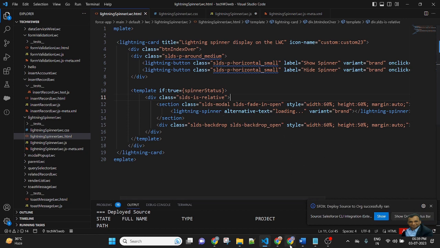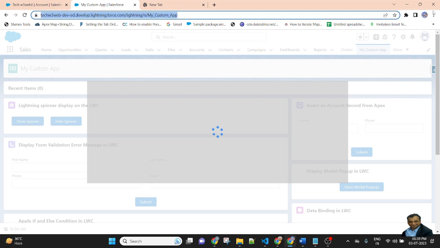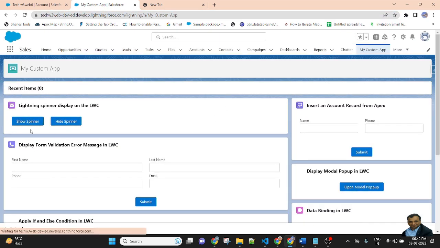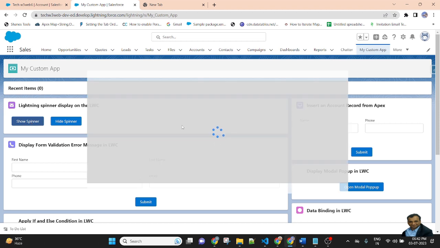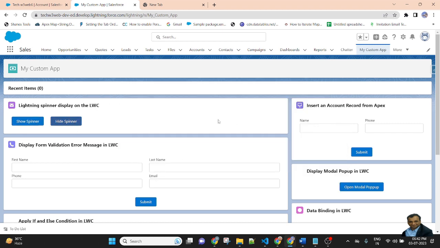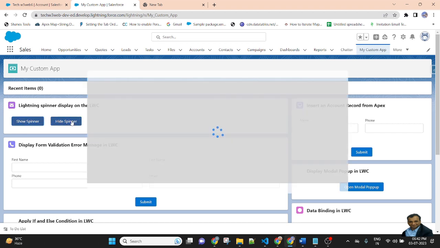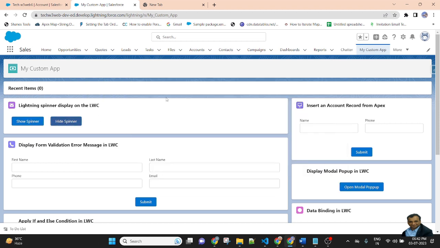Code has been deployed to Salesforce. Now refresh the page. Now I am clicking on show spinner. The spinner icon is visible. Whenever I click on hide spinner, the icon is hidden. So here you can show and hide the spinner icon.